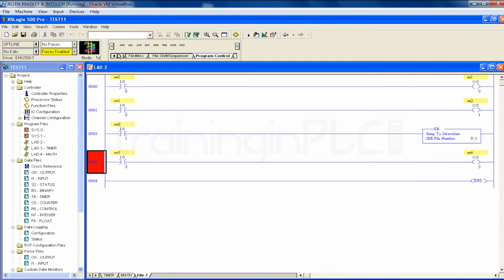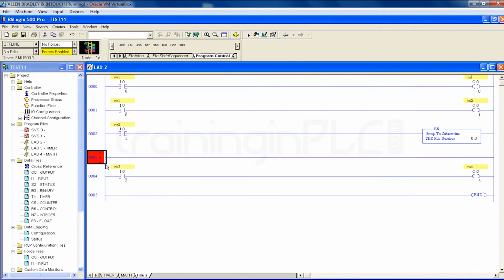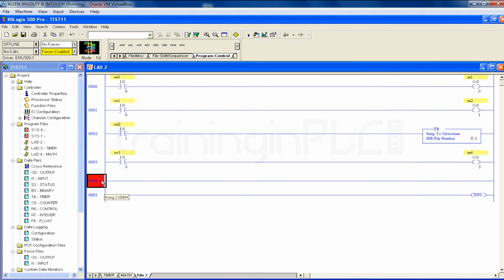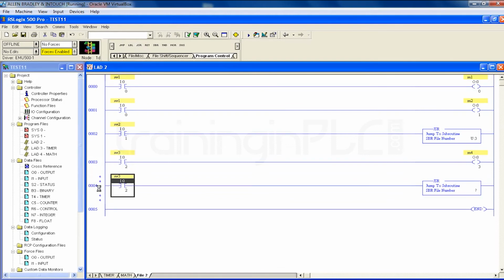So what I'm going to do, I'm going to introduce a new rung. In this rung, I'm going to jump to subroutine. I'll just copy one input contact here and let it be some new address, switch 3 or switch 4, right? So when I press switch 4, I need to jump to the new sub page. What is the address of the new sub page? The number is 4, right? So just type U:4. That's it.